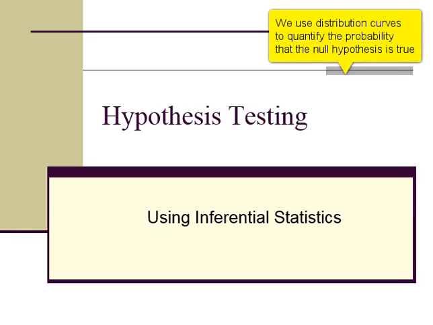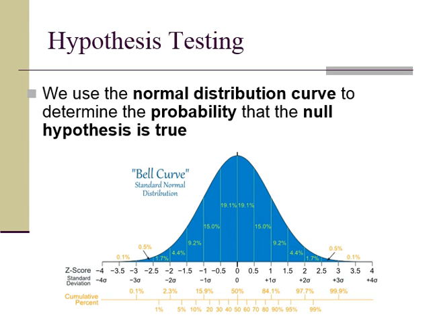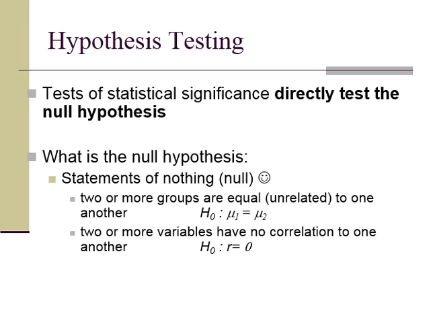So we've just gone through using normal distributions to assign probabilities to given observations with the z-scores, but those normal distributions are useful for a lot more than just z-score calculations, right? They really are the basis for hypothesis testing, which is what we do whenever we're running an inferential test. And the way that inferential tests work is they essentially try to come up with the probability that your null hypothesis is true. So clearly then it's important to know what a null hypothesis is.